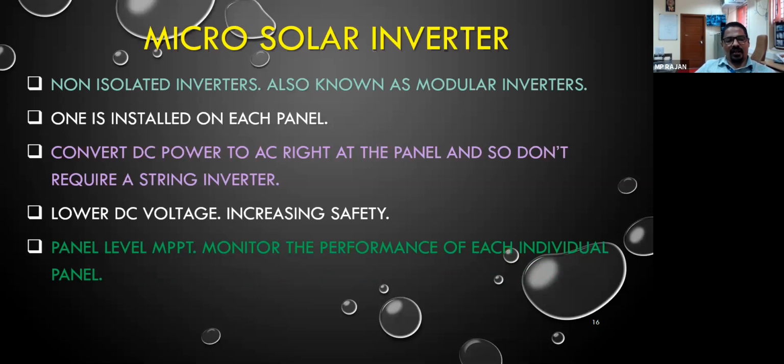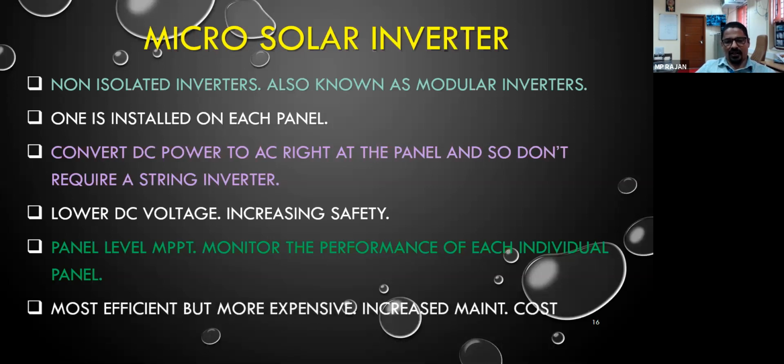Okay. So in the earlier case, we have seen only a string is monitored, one string is completely monitored. Whereas here, each module, हर module का कोई एक module का आपको shading की वजह से ये hotspot हो गया, shading से output नहीं है, तो ज़्यादा problem नहीं करते हैं, उसको छोड़ के बाकी power supply आपको मिलता है. Whereas in the string inverter system, एक string खराब हो गया, string में कोई भी एक module खराब हो गया, full string आपका useless हो गया. यहाँ पे ऐसा नहीं. So in performance, or you can see the efficiency is also increased.